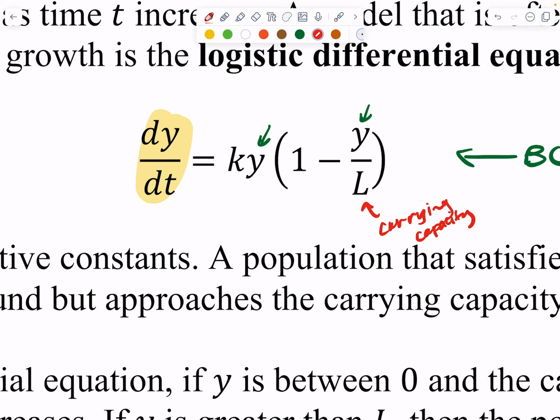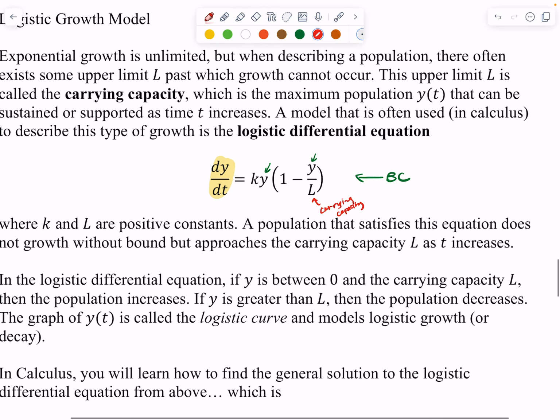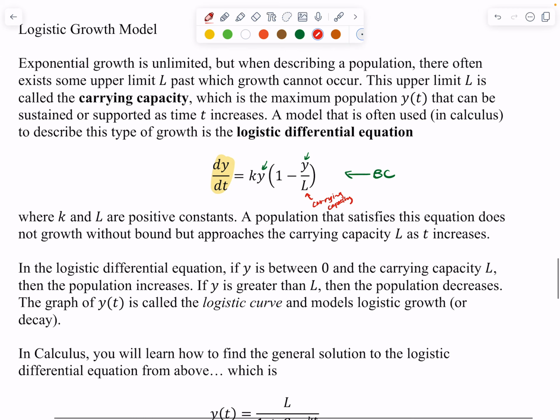It's the largest possible population or amount. So the rate of change of the population is dependent on the size of the population, which is interesting. Now, K and L are positive constants. L, again, is the carrying capacity. A population that satisfies this equation does not grow without bound, but approaches the carrying capacity L